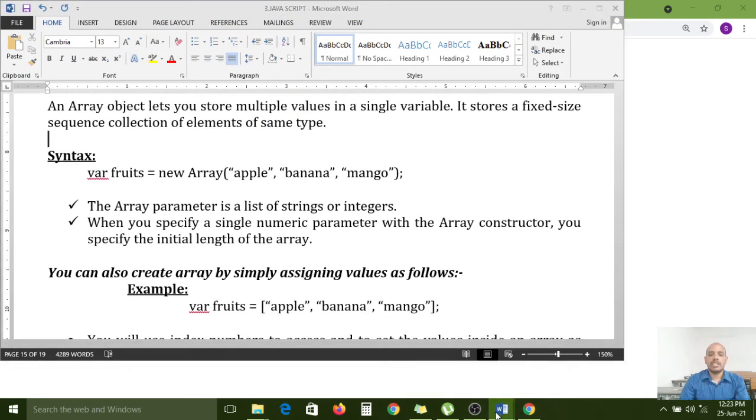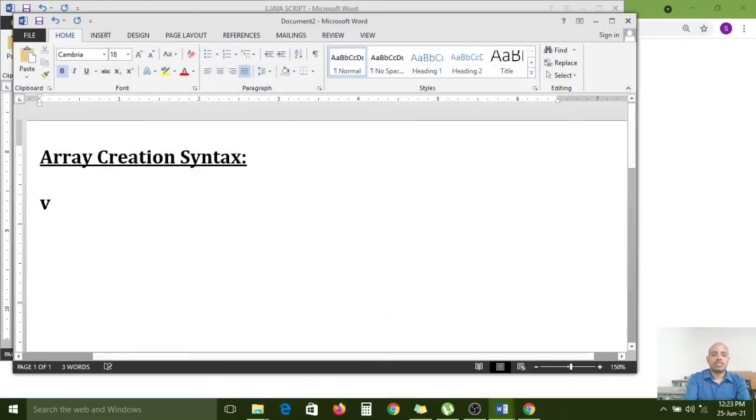First we need to create a variable by using the var keyword. Now I want to store the names of fruits in the fruits variable. It is a single variable.